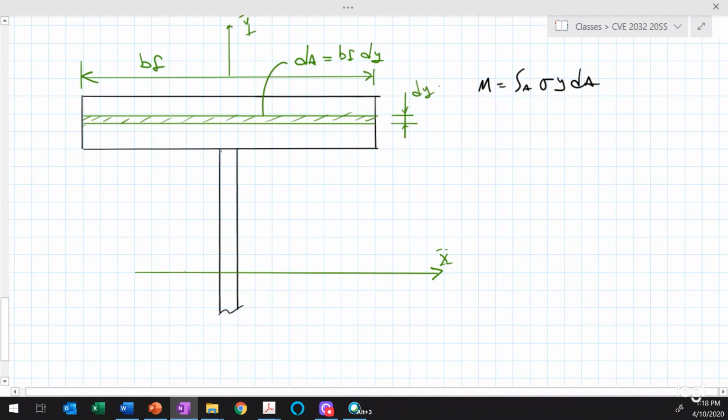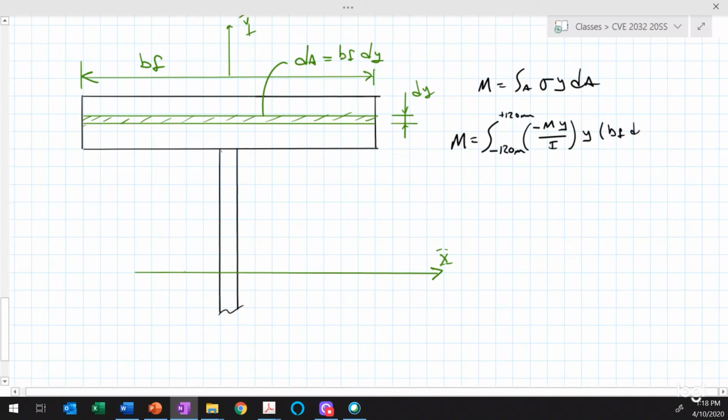So we could go in and we could say that the moment that's carried by the cross-section is equal to the integral. Let's see, we'll take it from the bottom, minus 120 millimeters, to the top, plus 120 millimeters. And that's times sigma, which is minus M times y divided by I, times y times dA, which we now learned is b sub f